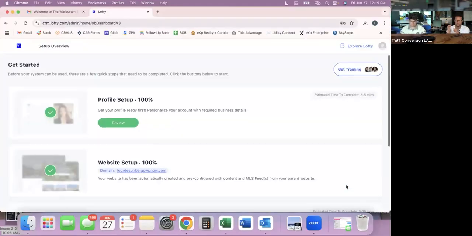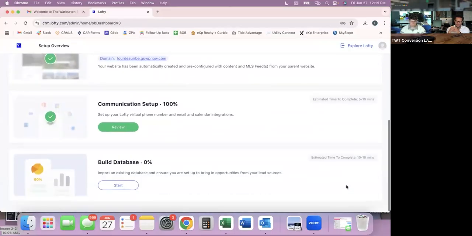Yeah. So basically, Lourdes connected her Gmail and her calendar now, and then she hit the next button. So now this step of building your database, I would pause here. We went through all of the necessary steps just to get access to your Lofty account, because Lofty wants to make sure that your account is actually set up before accessing your dashboard. And so at this point, the Explore Lofty button at the top right-hand corner, you can click that and get